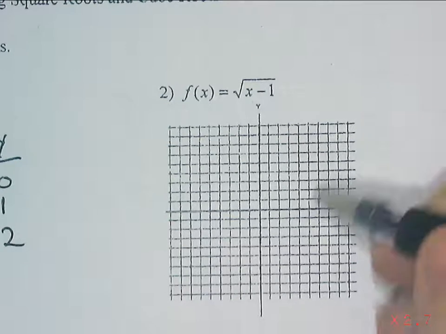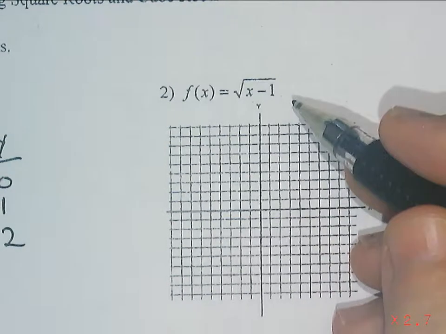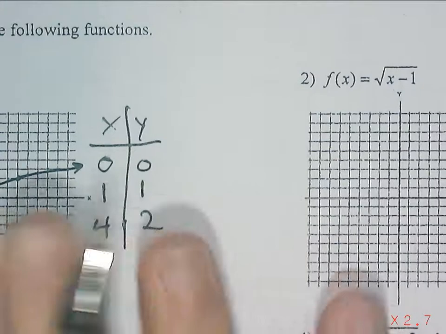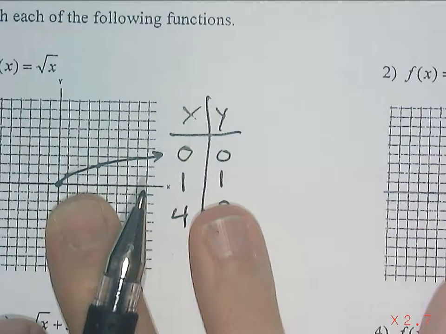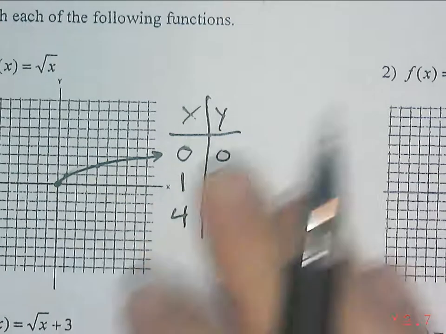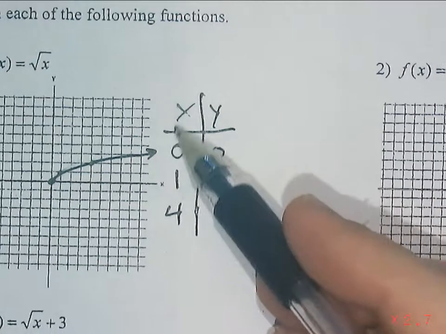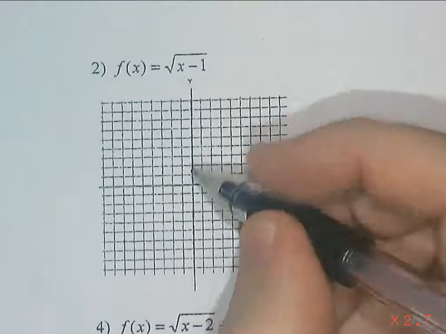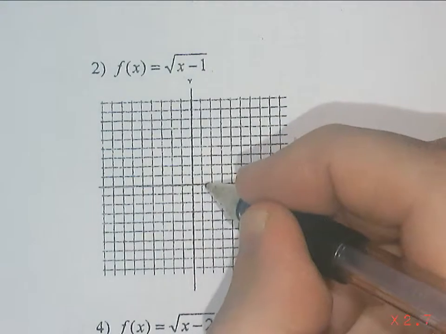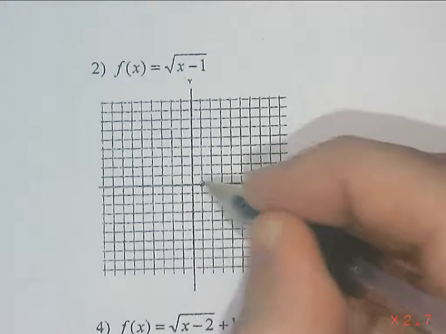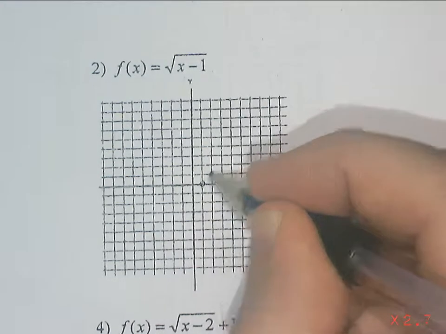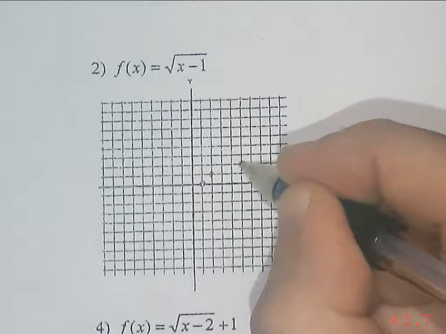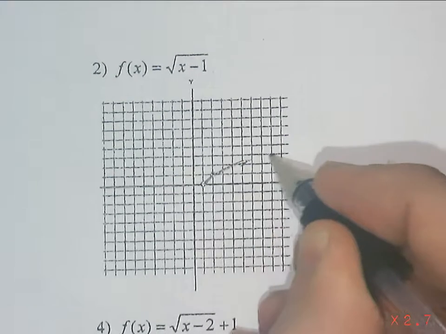Okay, so if we understand that this is going to go to the right one spot, what I can do is take all of these values and again just plug them all in, but basically add 1 to each x because I'm just going to the right one. So if I did that, I'm going to know that this origin is now going to be at 1, 0. It's going to be 2, 1, and it's going to be 5, 2. So basically I just shifted that line over